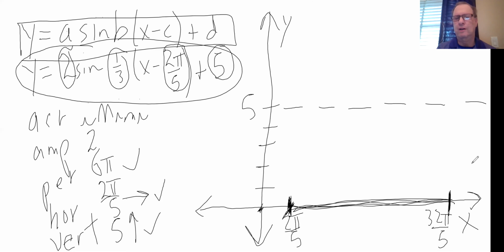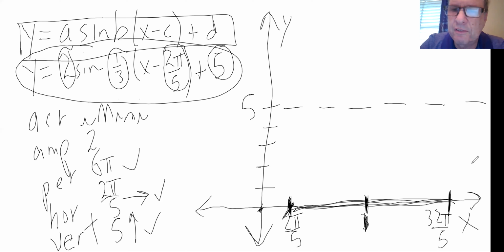Now what we need to do is create the other 3 key points. So altogether we have 5 key points because we use the 5 key points to actually sketch the curve. So what you need to do is split the middle. I'm going to just do my best to go right in the middle, put a mark. Now to find the middle between 2 pi over 5 and 32 pi over 5 is the average. So you have to add up the 2 pi over 5 and the 32 pi over 5 and divide by 2. And 2 plus 32 is 34 pi over 5, and half of 34 pi over 5